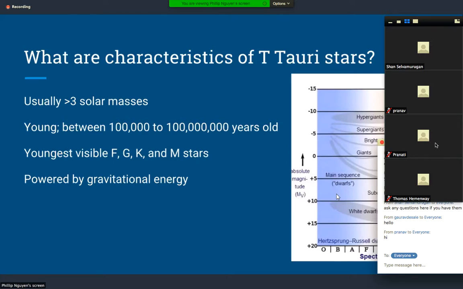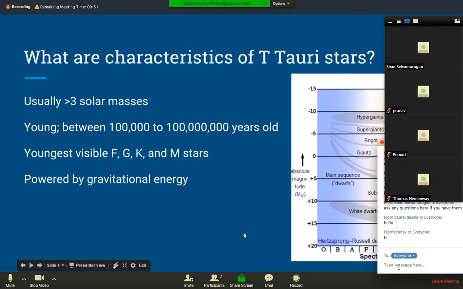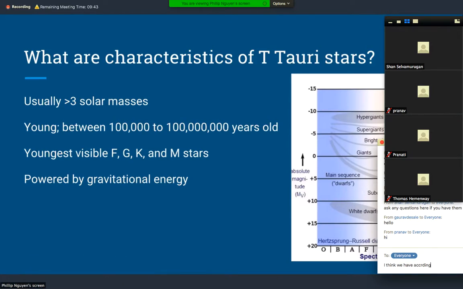So usually T-Tauri stars are less than 3 solar masses, and they're pretty young, between 100,000 to 100 million years old. T-Tauri stars are the youngest visible F, G, K, and M stars, and since they're on the cooler side of the stars, their central temperatures are too low for hydrogen fusion, so they're powered by gravitational energy that's released as the stars contract. Also, they can be powered by lithium burning, which I'll talk a little bit more about later in the